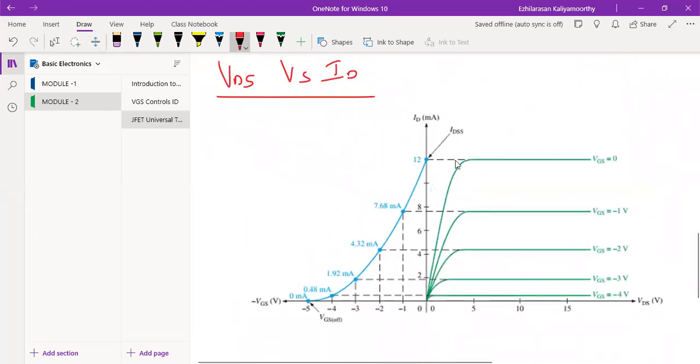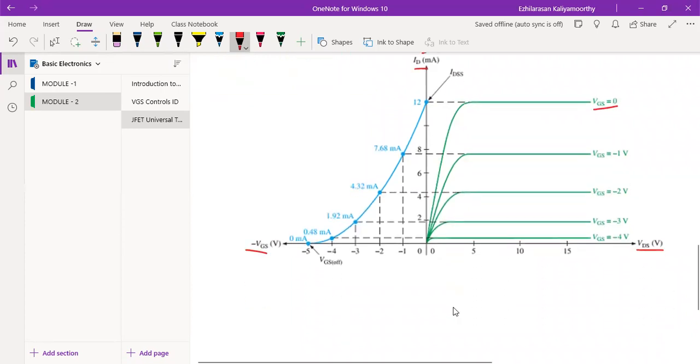Now you can see the left axis and the right axis. On this side you can see VGS, the input. In the curve, the x-axis is VDS and here is ID. You see ID will be in terms of milliampere. Then VGS here will be minus VGS. So now you see VGS I'm going to apply. This will be your N channel JFET.